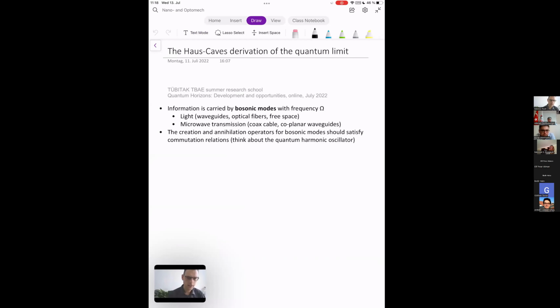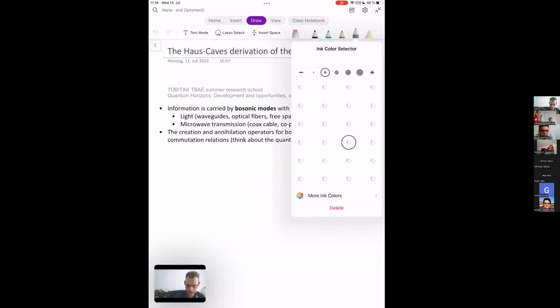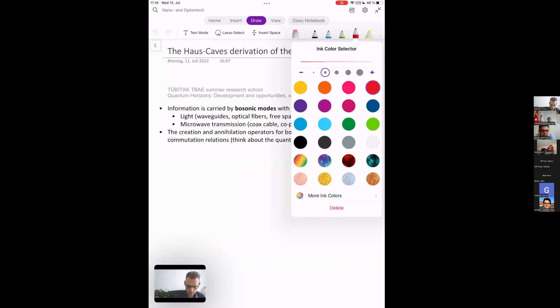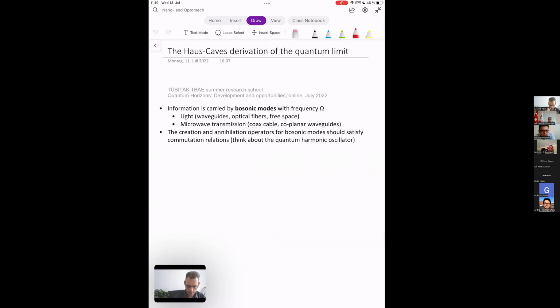Okay, so in this case, we're going to look at the Haus-Caves derivation of the quantum limit to position detection. As we said, we made a number of assumptions, namely that the information is carried by bosonic modes, and those bosonic modes are assumed to be at a frequency omega. And in case you're wondering what I mean with bosonic modes, you can think of this as, for example, light that is traveling through a waveguide on a chip, but also